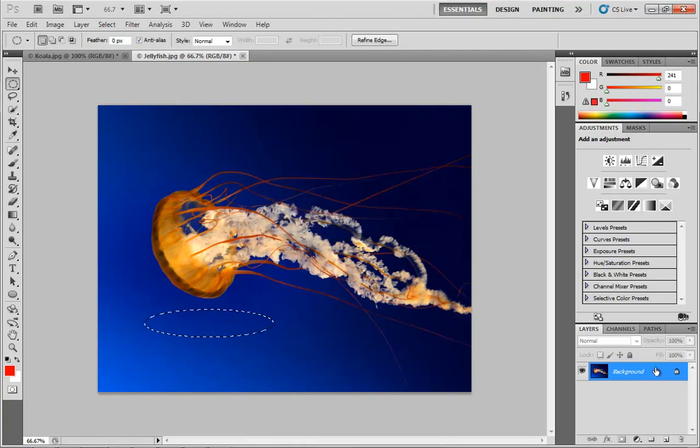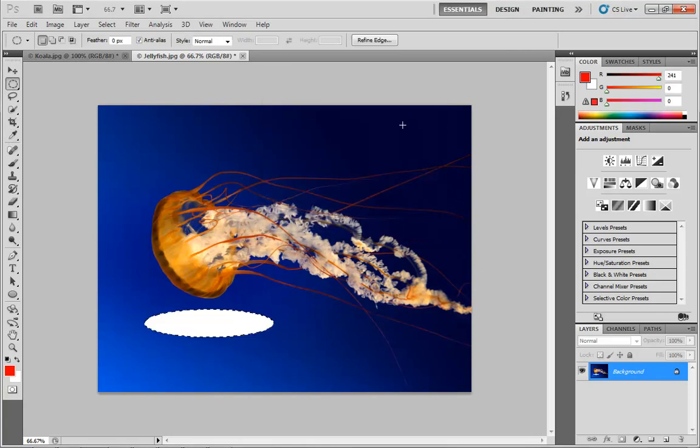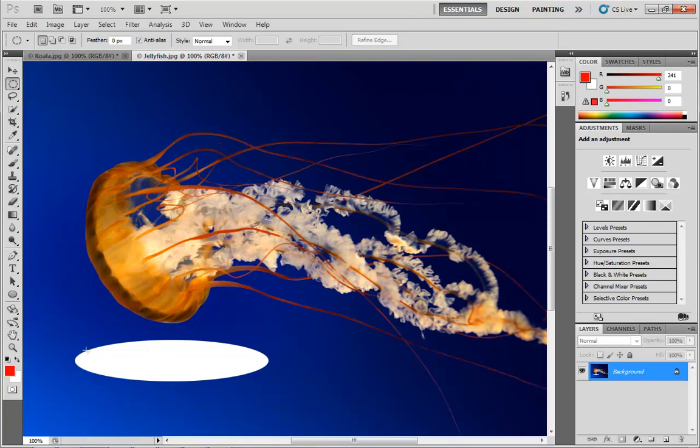and before I even do that, let's see here. Let's switch this over to the background color. That'll probably be the easiest. And we'll fill that in with white and hit Control D. And you can see where that's a nice, smooth ellipse. And if I hit Control 1 to get us zoomed in a little, you can see how nicely